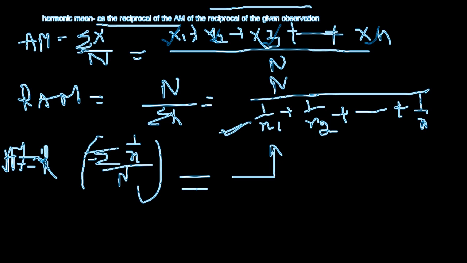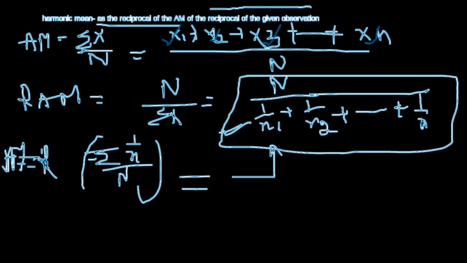Mean would be n upon this, where n is the number of observations, upon this. Understood? Everyone. Similarly, if you have discrete data, so whenever we have discrete data, your harmonic mean will be